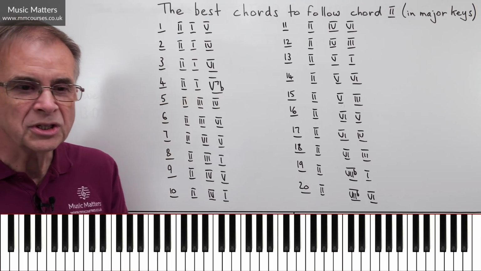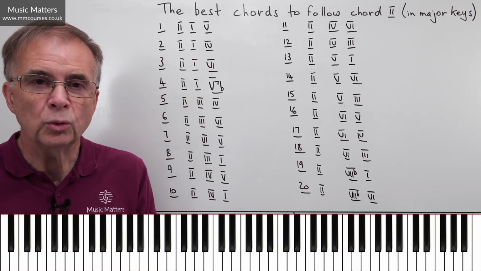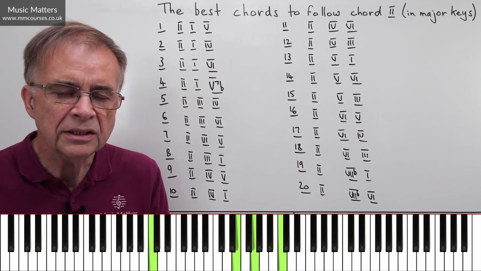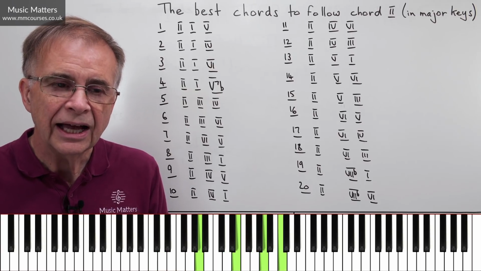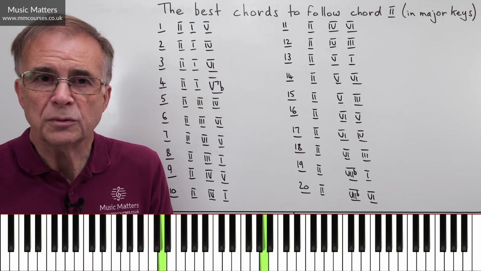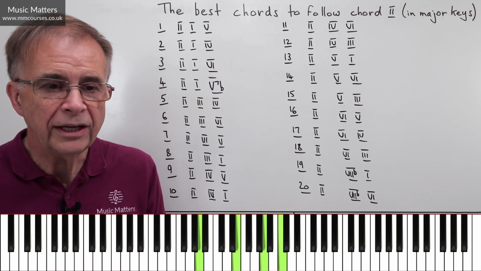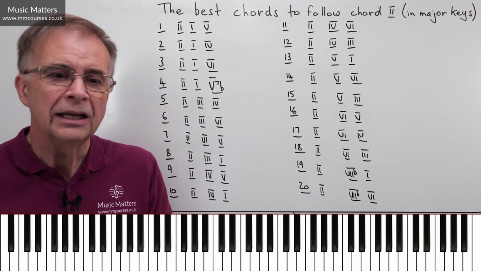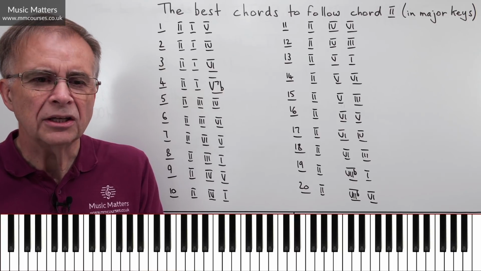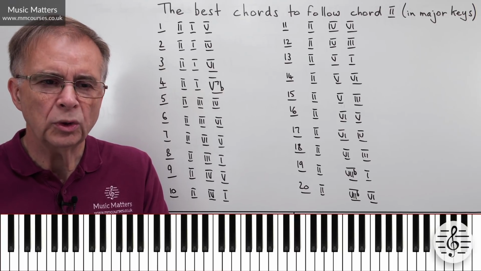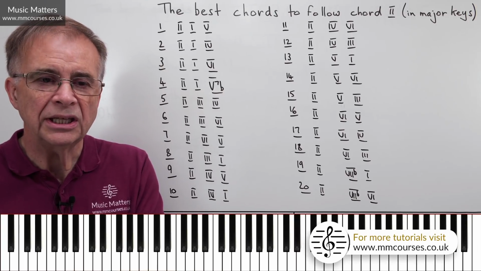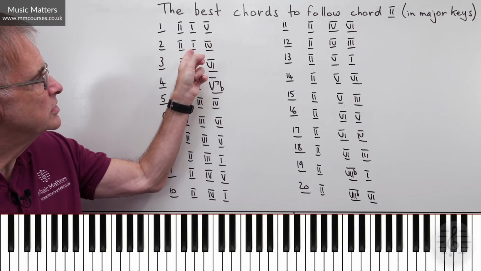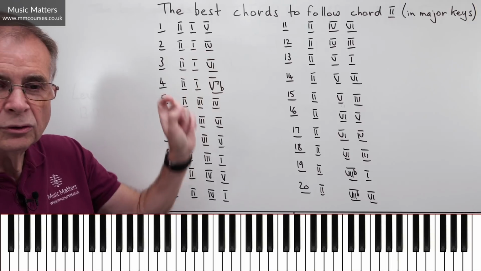Okay, the third option then is to go 2 to 1 and then to 6. So if I go 2 to 1 and 6, I get that. You can space out the notes in some other way if you want to. And again, you might think, well, am I convinced by that? One thing that is convincing is that you've got the note C in chord 1, and you've also got the note C in chord 6. And that happened on the previous one as well. You've got C in chord 1 and you've got C in chord 4.